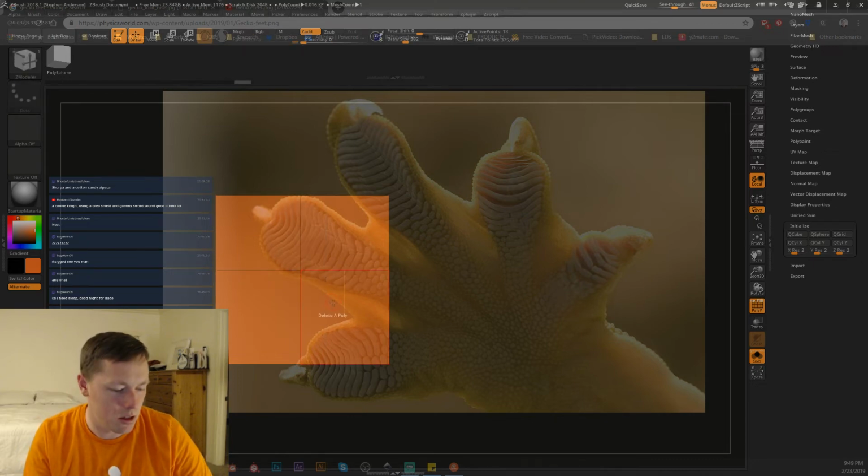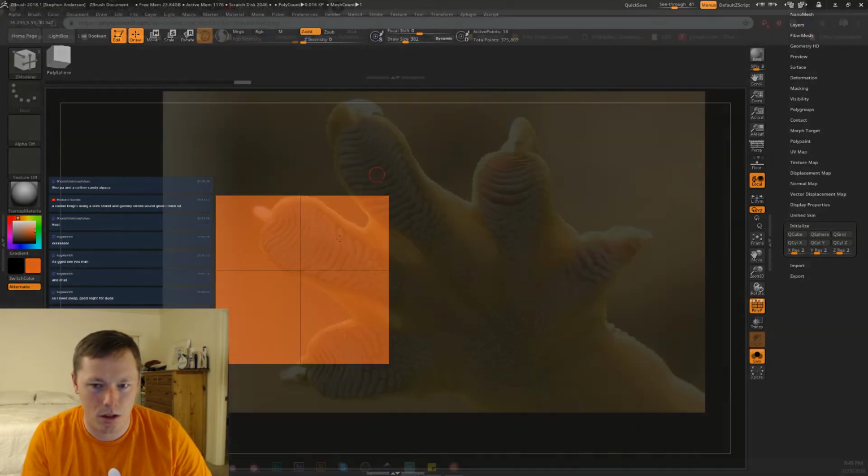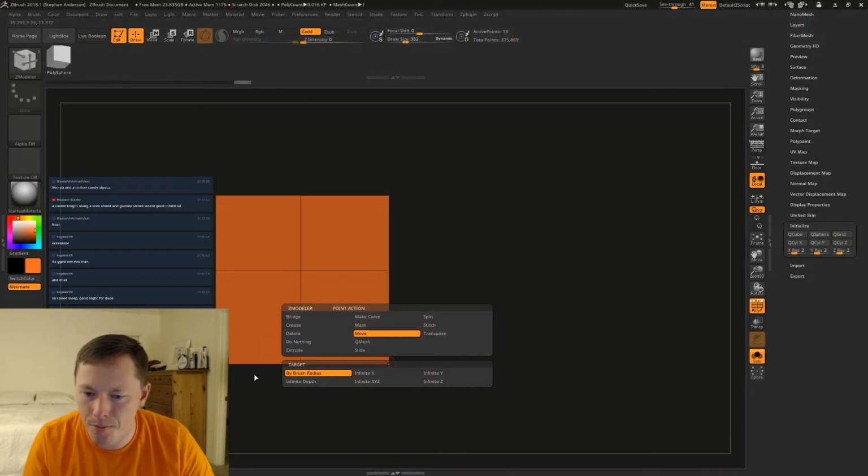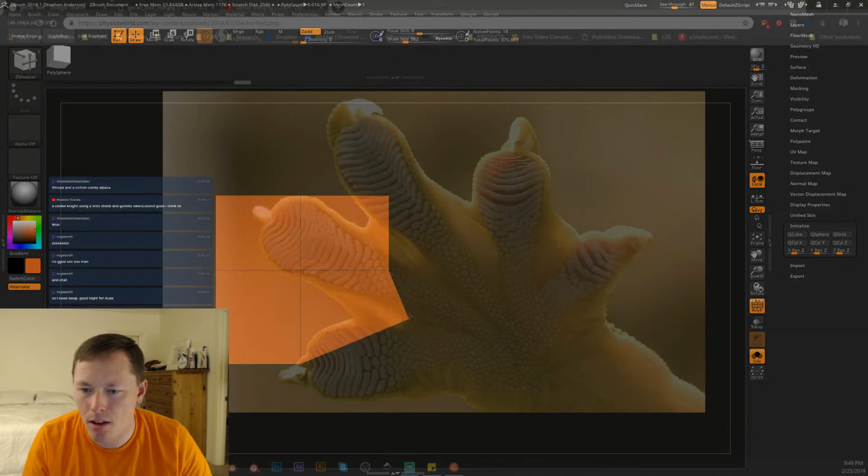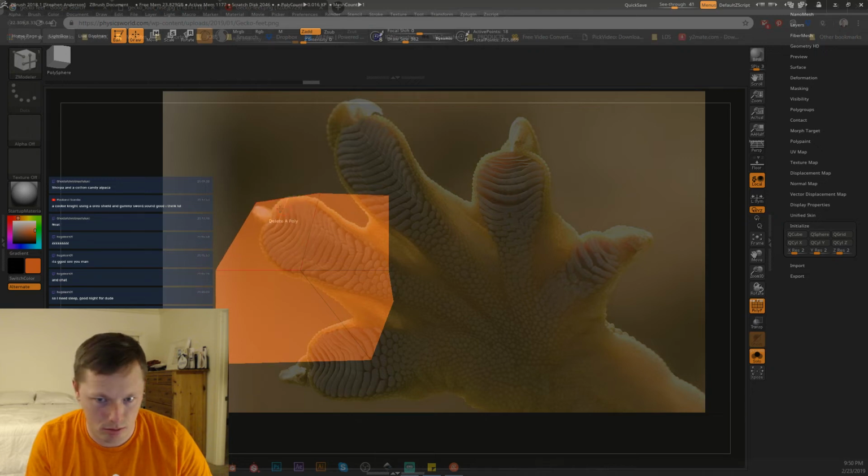Let's do it like this. Move infinite Y. Okay, so we're going to pull the thumb piece, this little guy, out of here, I think. We'll have to see.